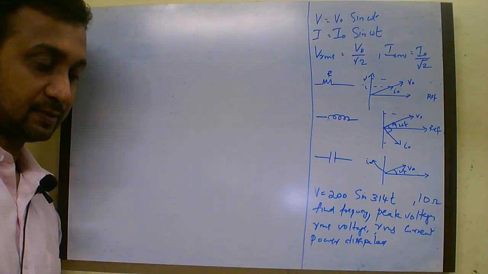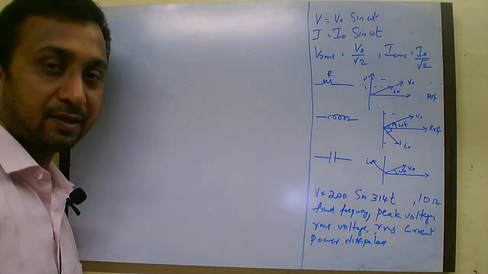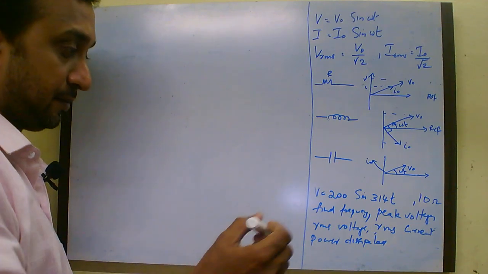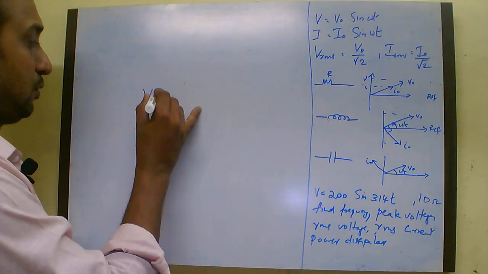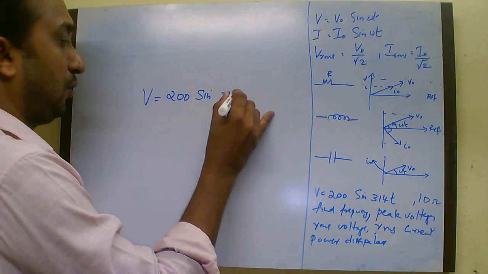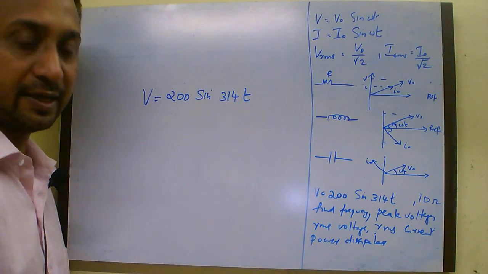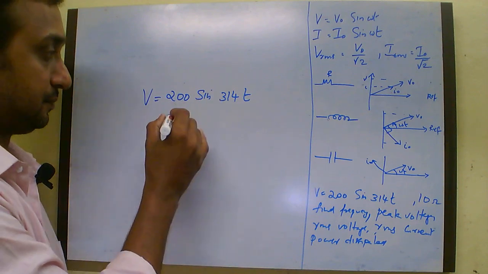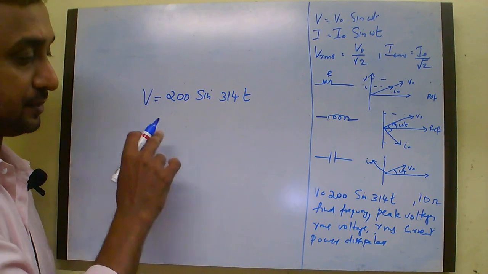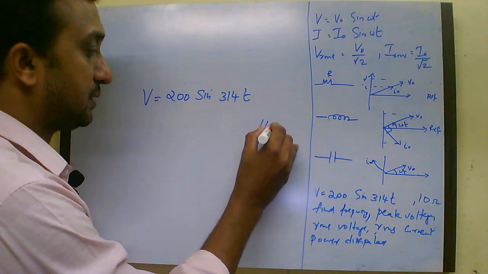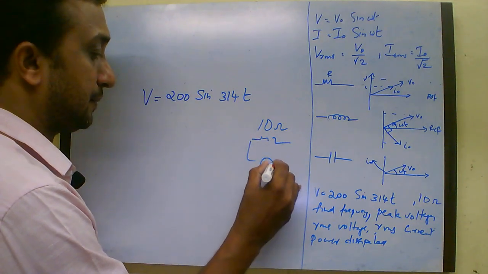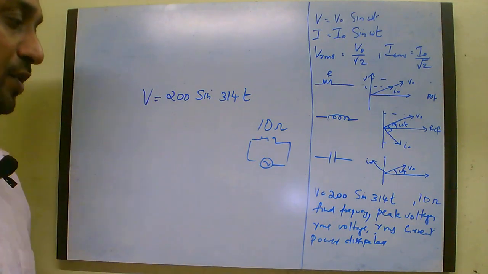Now let us discuss, randomly, the AC chapter. I have a question here where V is equal to 200 sine 314t. An equation like this is given, and as you know, this V means an AC voltage is applied across a 10 ohm resistor. That's how the question is. This AC voltage is applied across a 10 ohm resistance, and